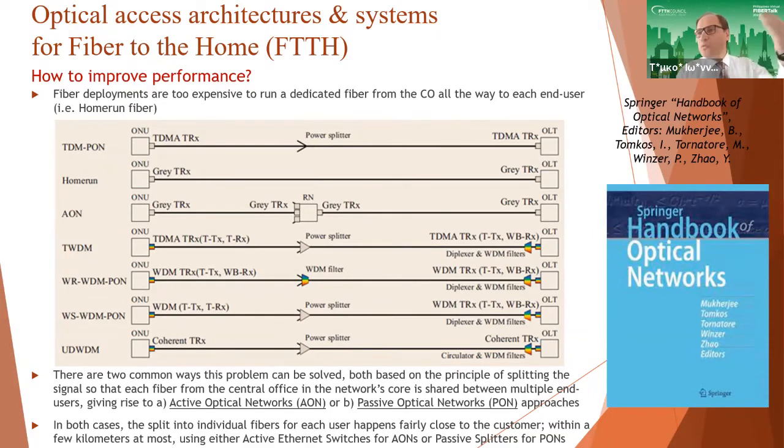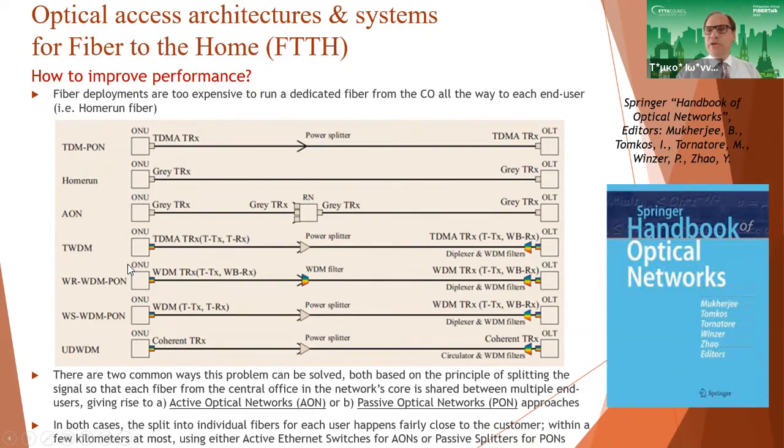infrastructure. The best possible architecture is to have a home run fiber from the central office of the telecom operator all the way to our home, to have a single fiber connecting us. But you can imagine that this is very costly. So to reduce the cost in the deployment, we typically use some common fiber leaving from the central office of the operator, going closer to us, and then passive splitters or active switches are separating the traffic to reach every